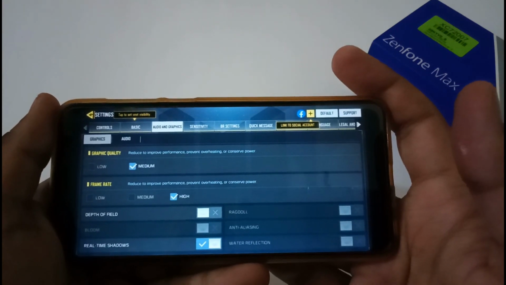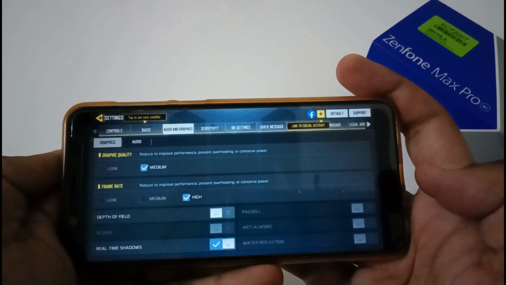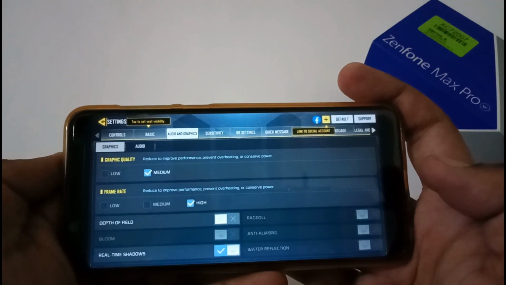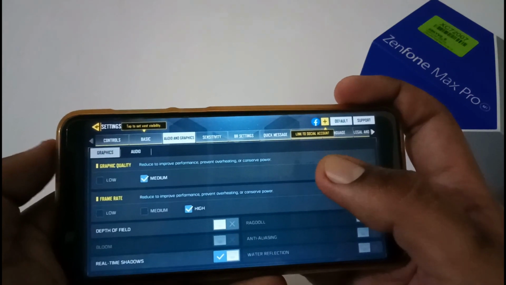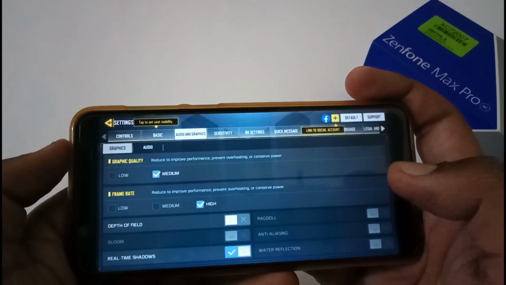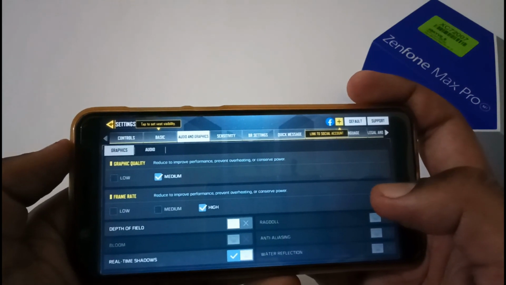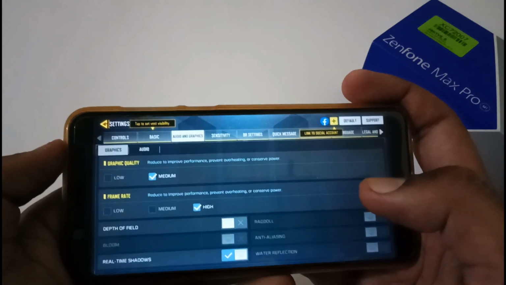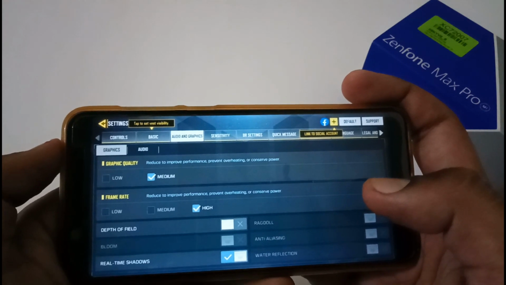So after battery charging time and ideal battery drainage stats, now let's move to the battery consumption with respect to gaming. Unfortunately, we can't review PUBG as of now, but from the Call of Duty perspective, let's begin with that. These are my graphic qualities: medium, and frame rate high. Using these game settings, I have analyzed nearly 1 hour of gameplay by playing 2 to 3 times. At most I have seen 14 to 15% of battery consumed over 1 hour of gameplay.